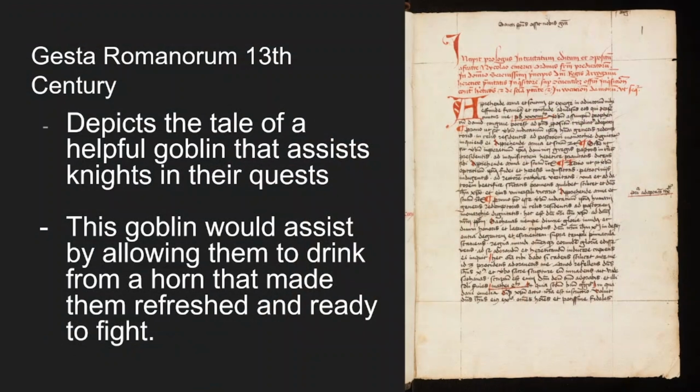Another thing that I think is really interesting is that the Gesta Romanorum, which is a 13th century manuscript, depicts the tale of helpful goblins that assist knights in their quest. This goblin, which wore a red robe, a la Santa Claus, I think is kind of intriguing, would essentially follow knights around on difficult journeys, and then had a magic horn that would allow the knight to drink out of, and the knight would feel refreshed, they would heal from wounds, they would be ready to fight,